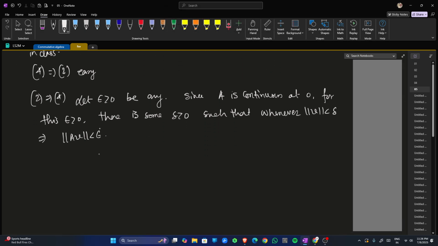This is the definition. Okay, take any v belongs to V and non-zero,